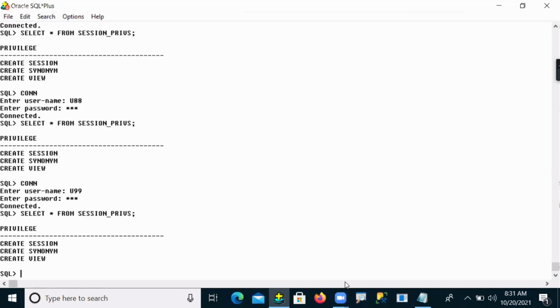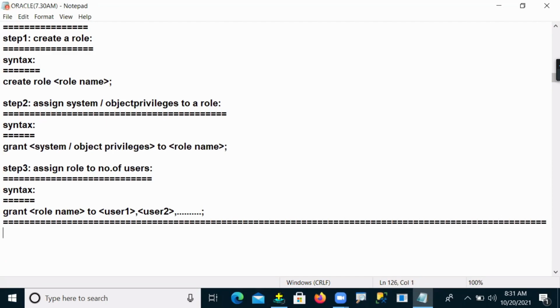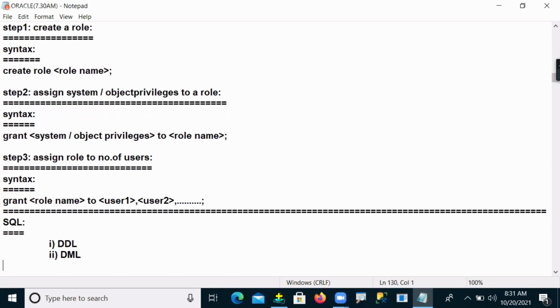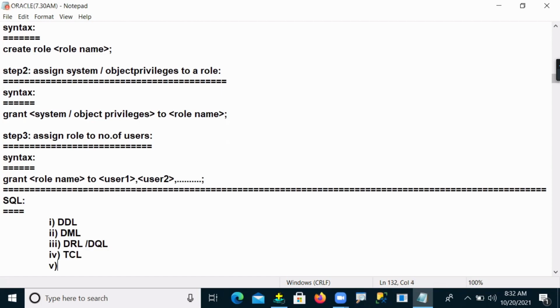So here, by using DCL language commands, in our SQL there are a total of 5 languages, which we call sub-languages. The first one is DDL, second is DML, third is DRL, also called DQL, fourth is called TCL, and fifth is called DCL.